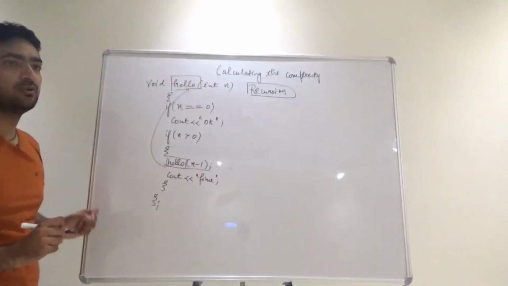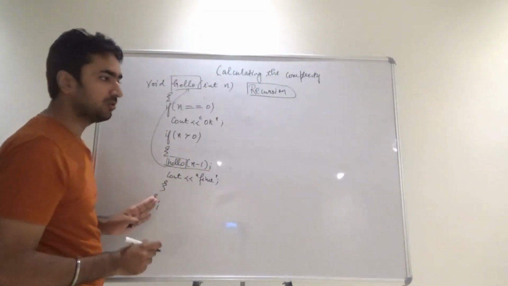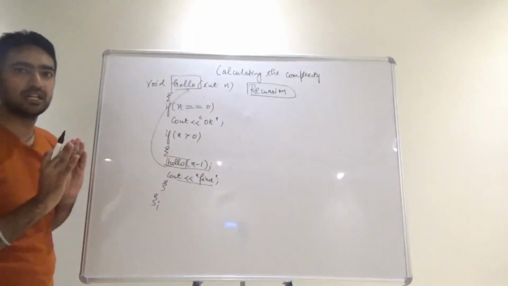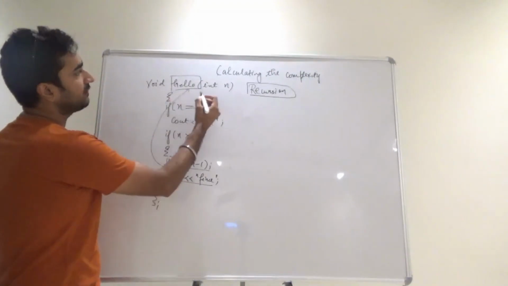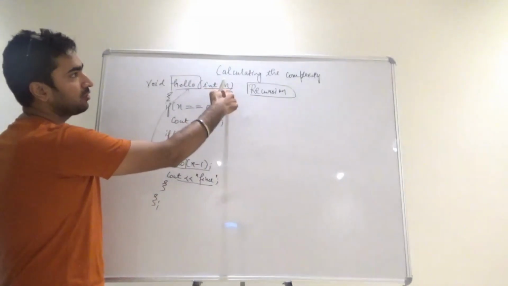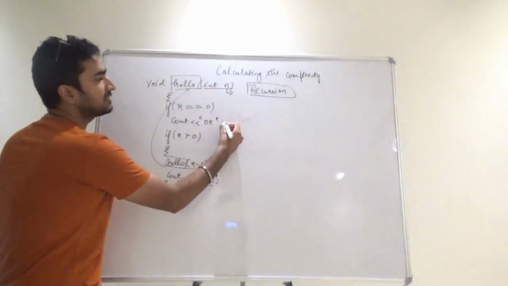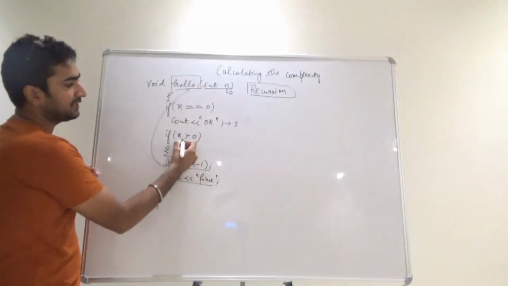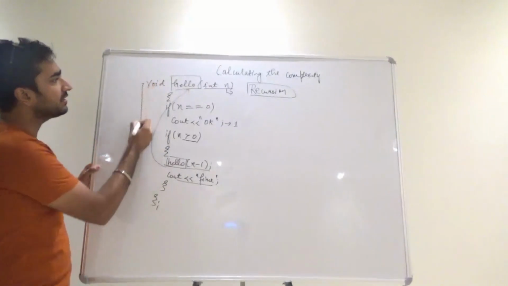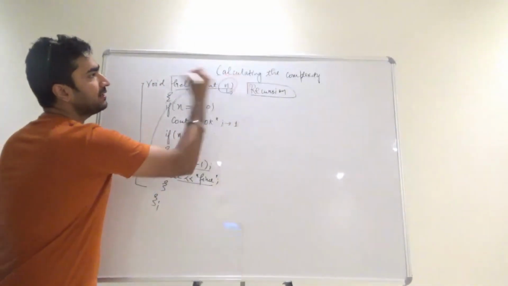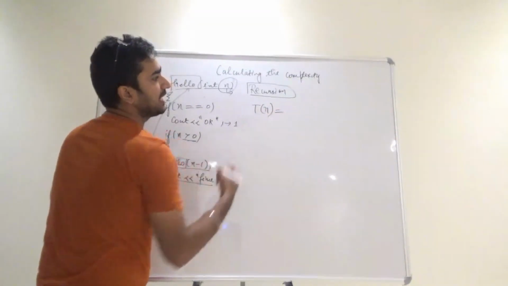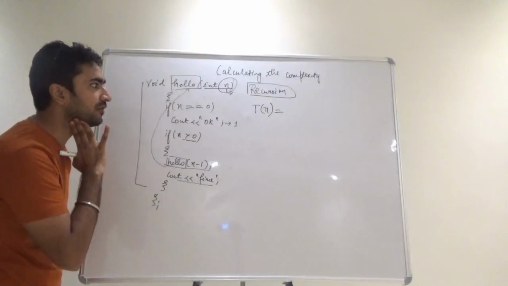So how are we basically going to calculate the complexity of this particular code? We have cout fine written after that. If you just see this code itself, we have a function with a number n. It is a deciding factor, because if its value is 0, it is just running one time. If its value is greater than 0, then there is a function call. This entire thing is dependent upon n, so I'll calculate the time complexity function as T of n, because this is the entire part of it.